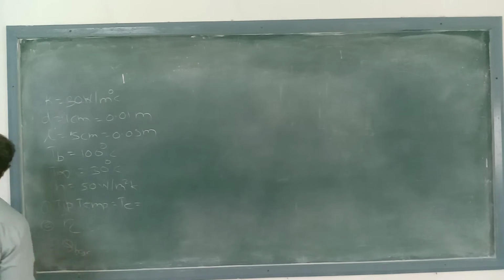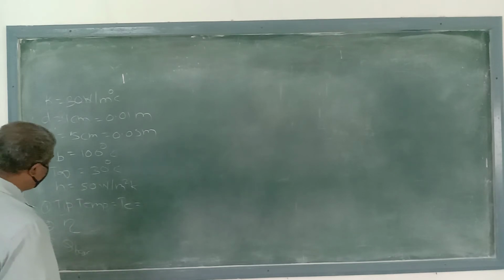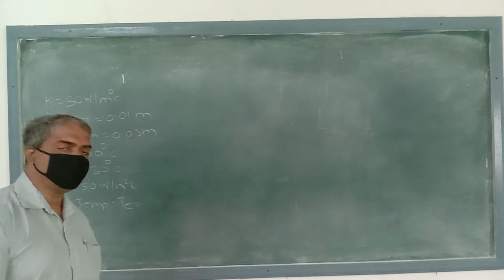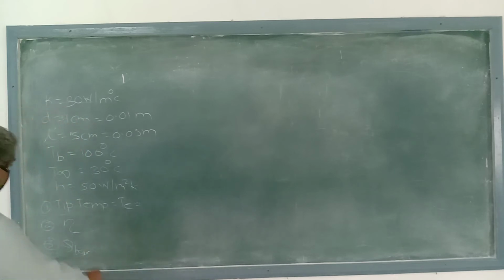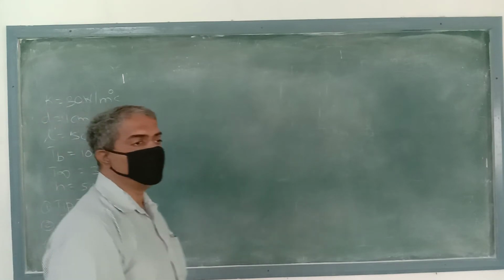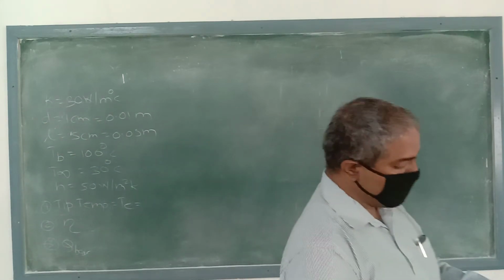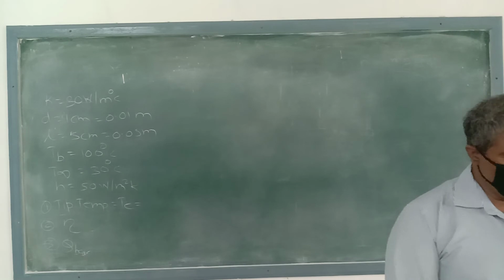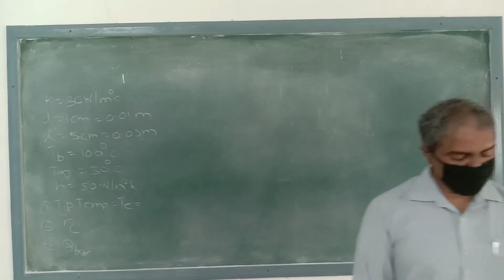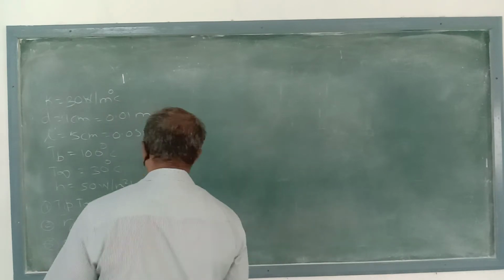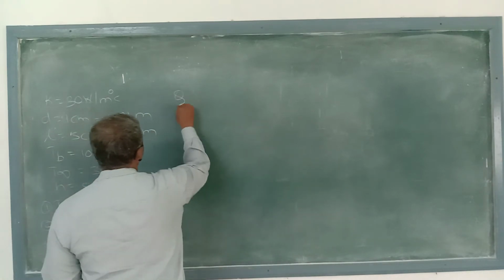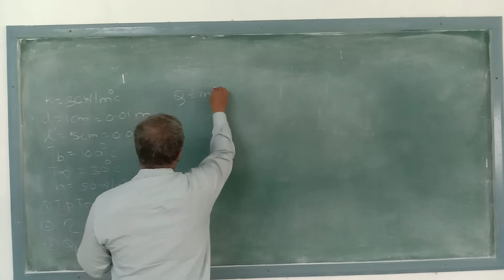So we have to calculate the temperature of the tip of the fin, then the efficiency, and then the Q of the base. First of all we have to consider, as mentioned, that the fin tip is insulated. So as the fin tip is insulated, we are going to calculate